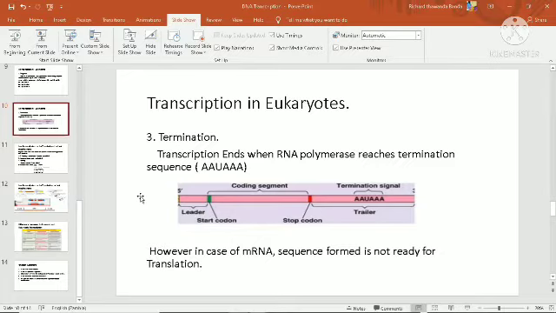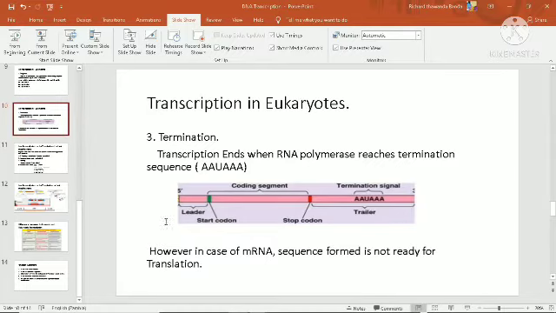So in mRNA post-transcription modifications, you have an enzyme, RNA triphosphatase. It will come and remove two phosphate groups from the 5' end. Once that is done, another enzyme known as guanyl transferase will come, and to this 5' end, it will add